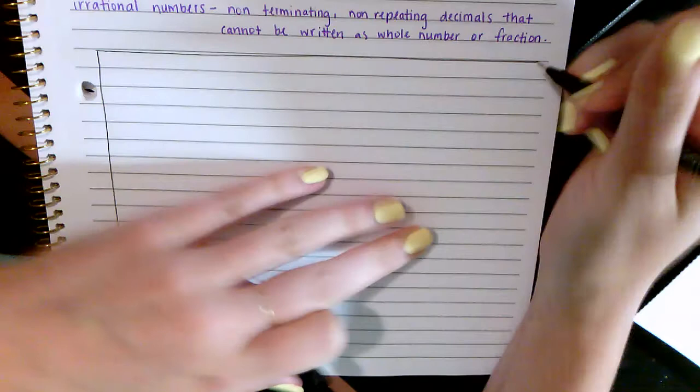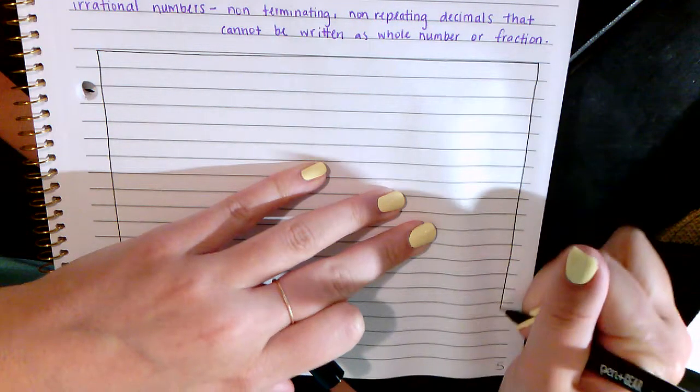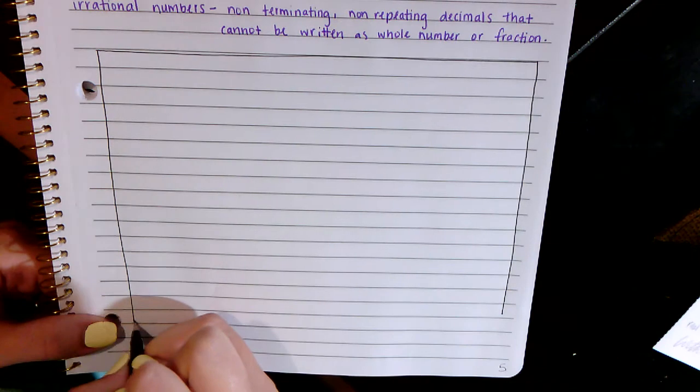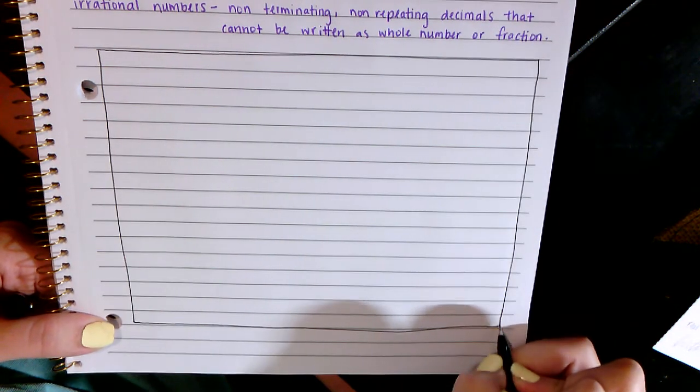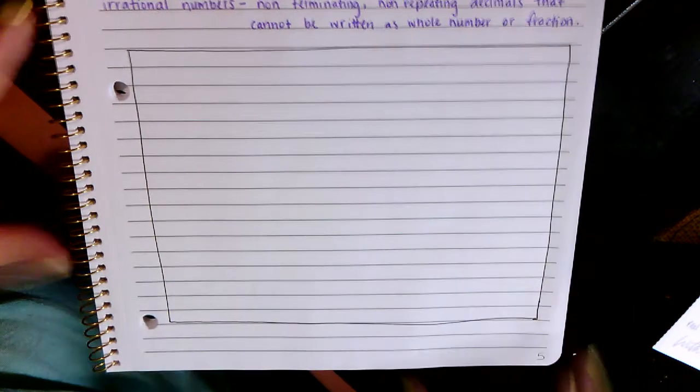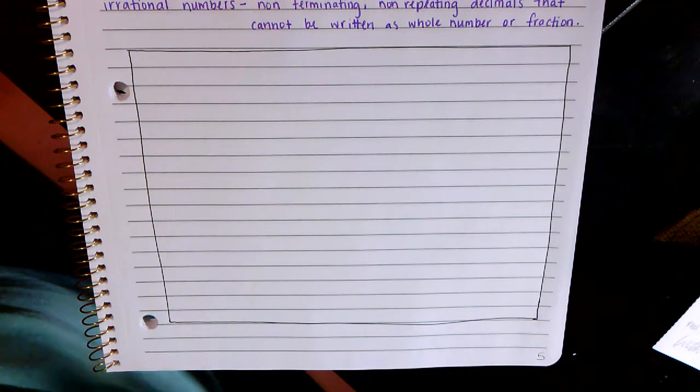You can make it as big or small as you want. There's no wrong way to draw a box. The bigger the better if you write big. Okay, so in our box,